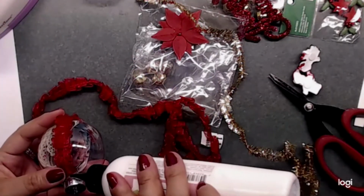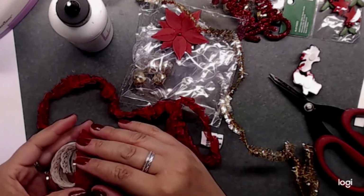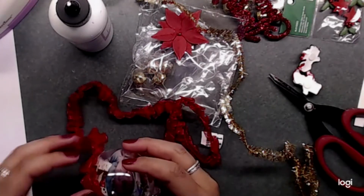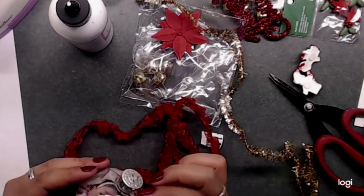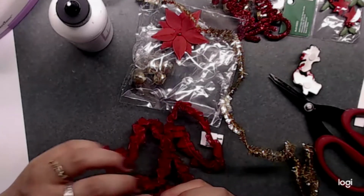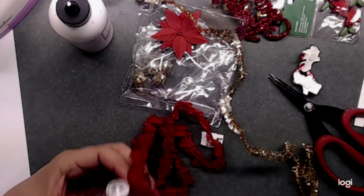However, I did want them to be able to pull the ribbon through the top if they needed to. So I did take apart what I put on there, that red ribbon there, and I decided to take the ribbon out, and I poked it through or left enough out up on top of the nib